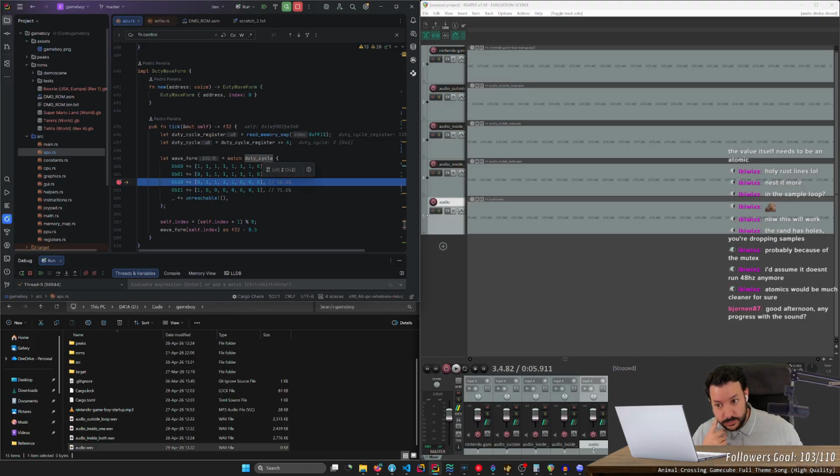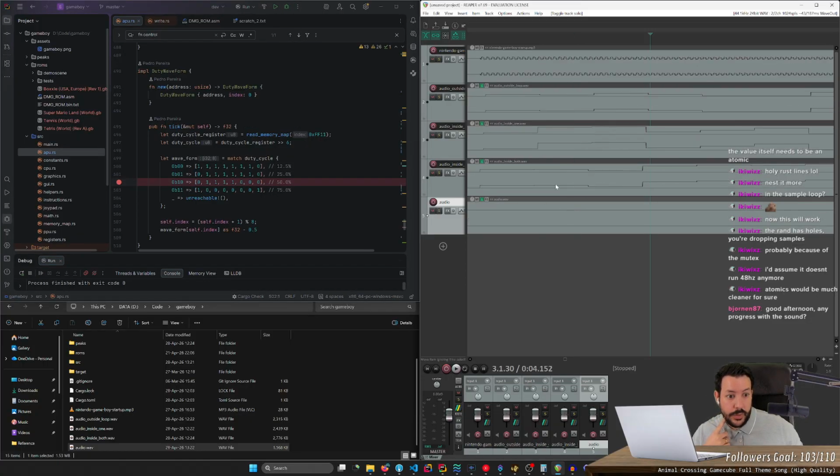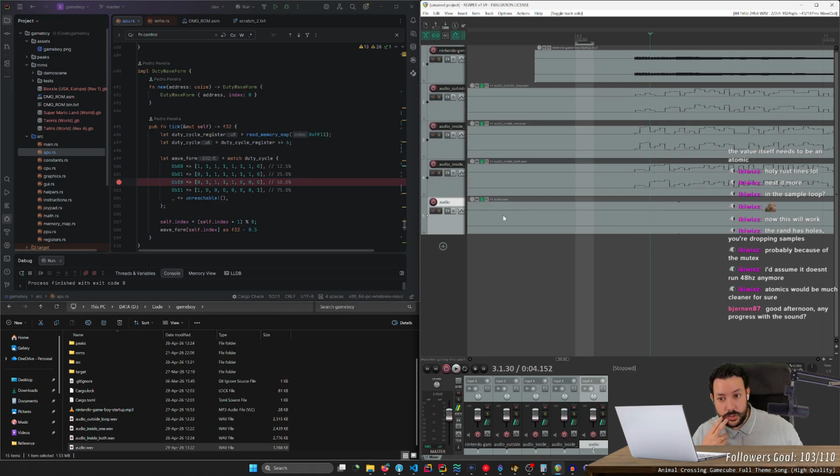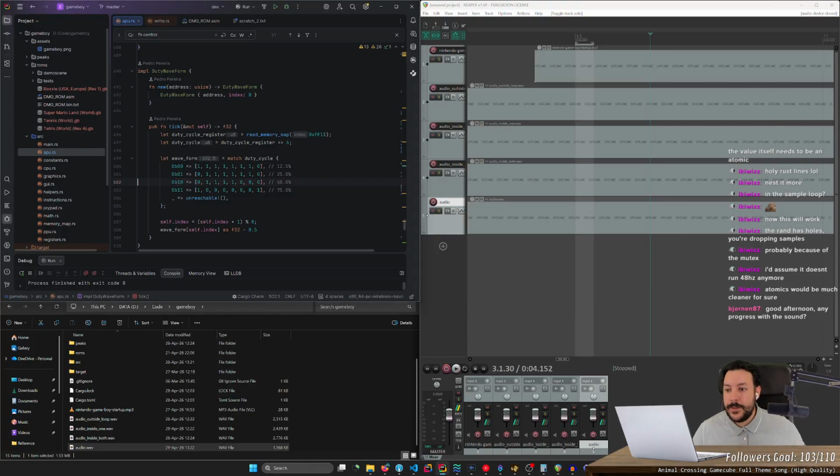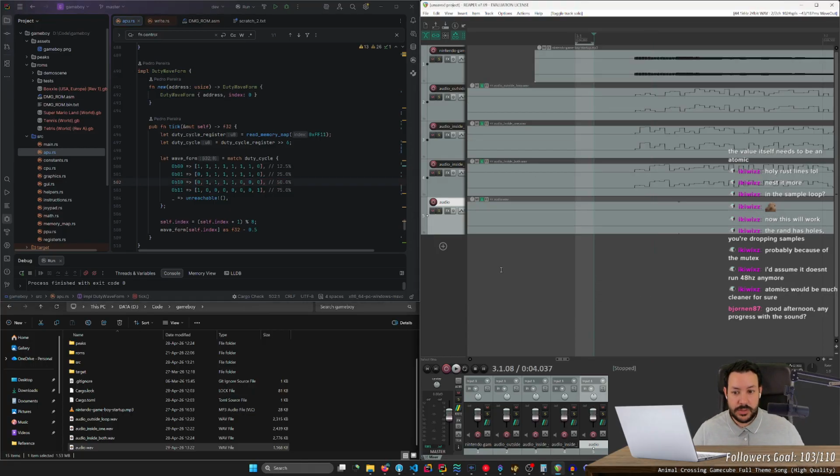Like duty cycle, it's this. So whatever we get here should be a bunch of ones, same number of zeros, same number of ones, same number of zeros. But it doesn't look like that at all.